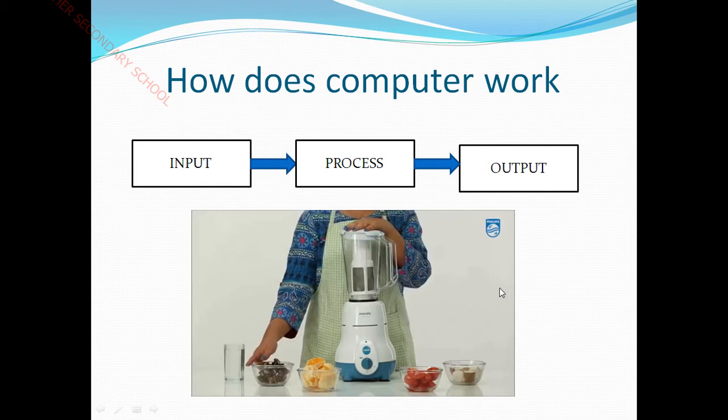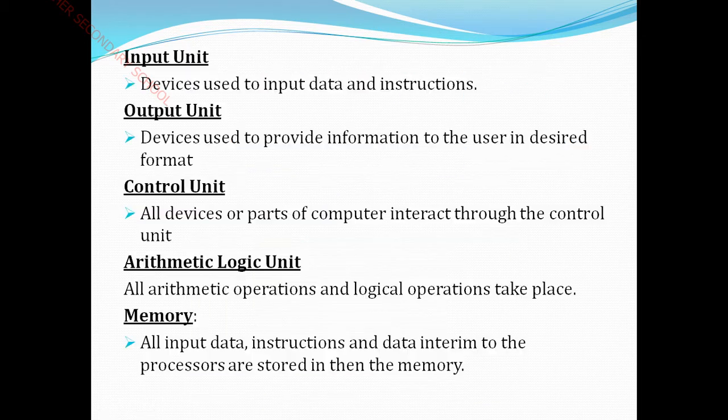And also I have given you a real time example here. For example, if your mother wants to prepare a juice for you, how does she go about it? First she will take the ingredients. So those ingredients are called the input. Then finally that has to be processed by the mixie, isn't it? So that is called the process. Then finally we will be getting a juice. So that is called the output. I hope you all understood this. So I will move to the next slide.